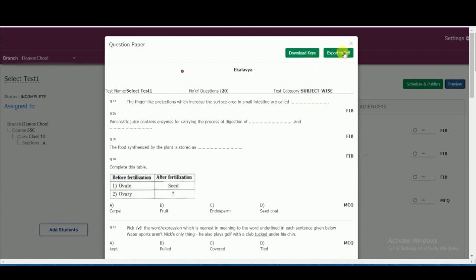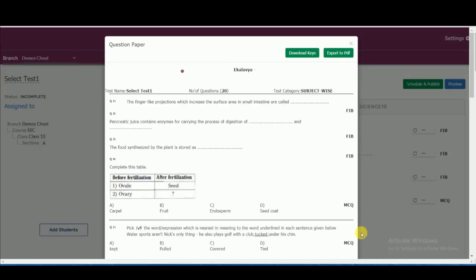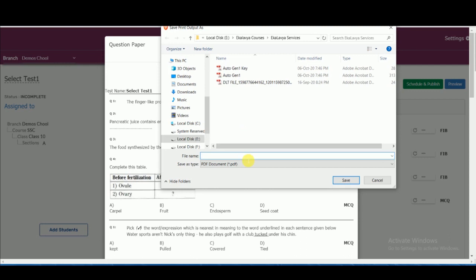You can also take a printout or export it to PDF. You can also download the key.